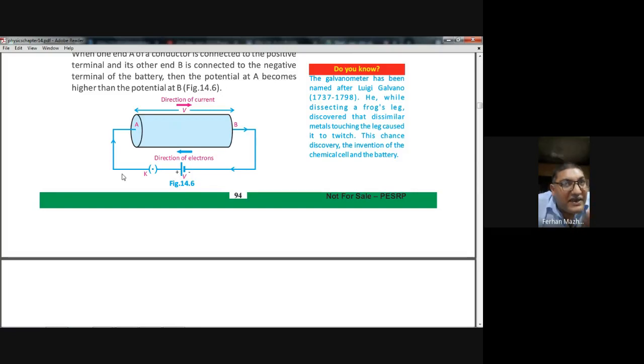If 3 ampere current is coming out of the battery, then 3 ampere current is supposed to go back to the battery. So whatever the current comes out of the battery, all that current is supposed to go back to the battery. If 3 coulomb charge came out of the battery, then 3 coulomb charge will go back to the battery. If 5 ampere current came out of the battery, then the 5 ampere current is supposed to go back to the battery. So whatever the current comes out of the battery, the same amount of the current goes back into the battery.